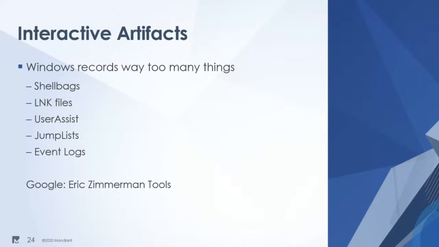Interactive artifacts. So if you have persistence, how are they going to get back in? How are they hiding? The interactive artifacts are going to be, what did they do when they were on that system? Okay. So shell bags are, what's a good explanation? If you open up a file explorer, your Windows Explorer, and look at your file system, the settings for your window are captured in a shell bag. And that's going to be captured in the path that you're looking at. So if you're looking at Windows System32, there's going to be a shell bag recording that you went there. So you can track people like that.